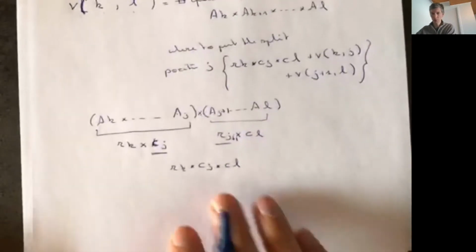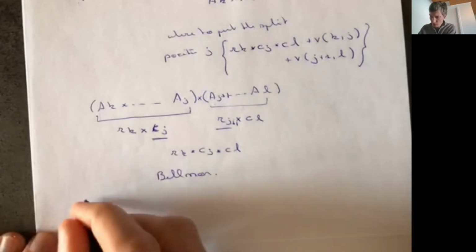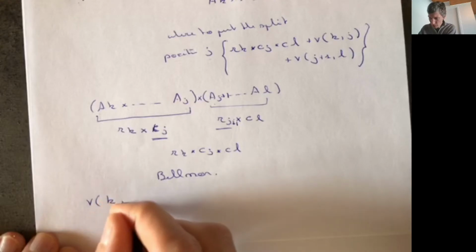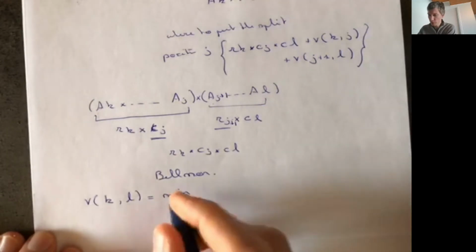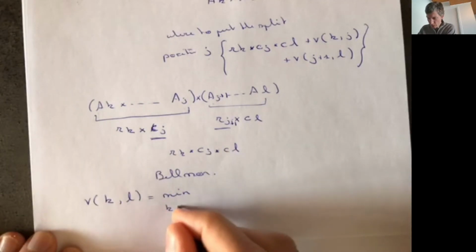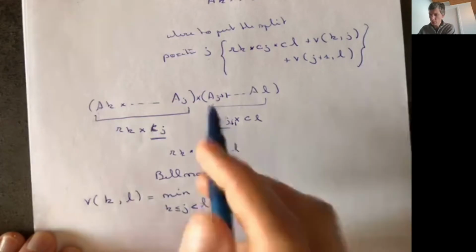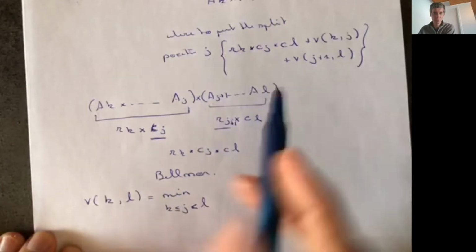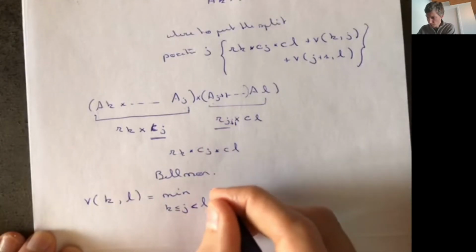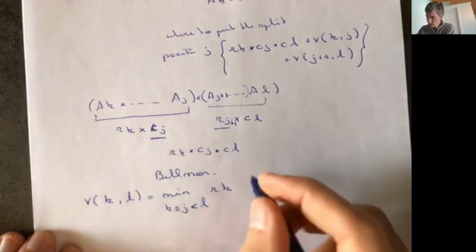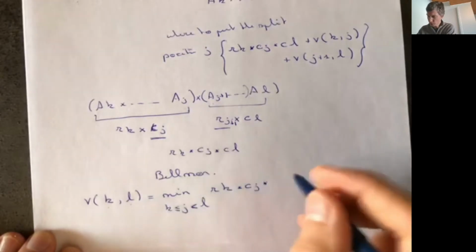Okay, so this gives me the following Bellman equation: the cost of multiplying from matrix K to matrix L is going to be the minimum, okay, the minimum over where we're going to put the brackets. So K is less than or equal to J, which is strictly less than L. Because we put J here, it cannot be equal to L, because then we would have to put the brackets before L, of the number of rows of matrix K times the number of columns of matrix J times the number of columns of matrix L